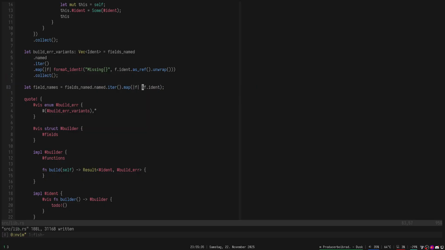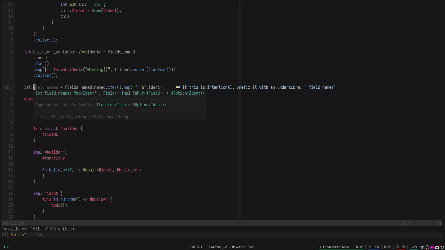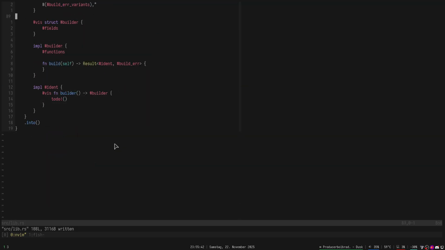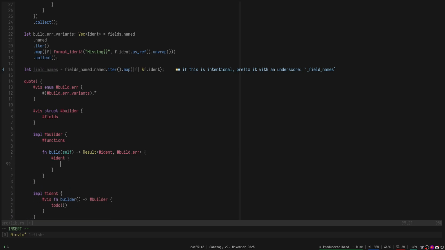I think we should be able to reference here. Maybe. But that might be fine. And then in here we can say ident, and we can say for every field we're gonna have hash field names colon